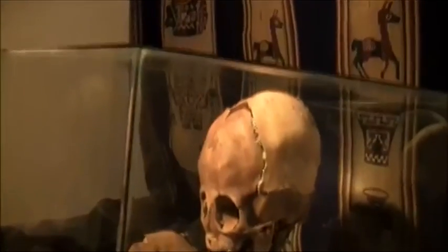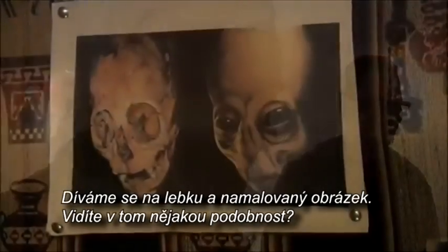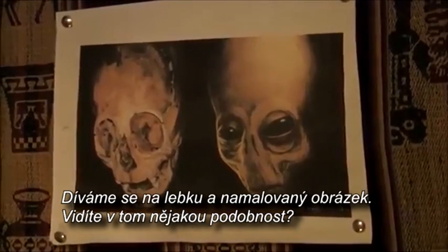Function follows form, right? All throughout nature, meaning nature doesn't grow an arm unless the arm's going to be used, and nature isn't going to develop an intercostal unless there's something to protect. So it's really strange. So in terms of the skull and the drawing, do you see any possible relationship, or